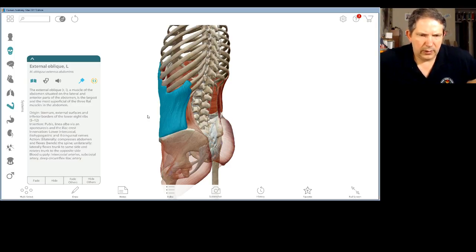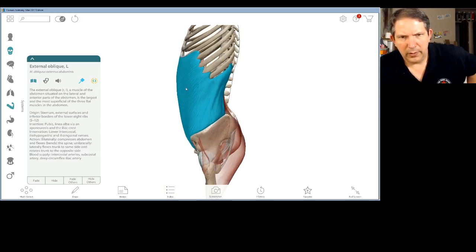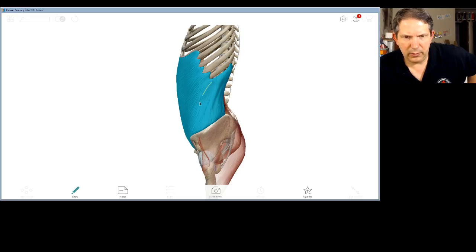You know what? That's not really the origin, is it? That's an insertion point. The iliac crest is an insertion for this muscle. The origin is here, here, here, here, here. The direction of the fibers, you can see,